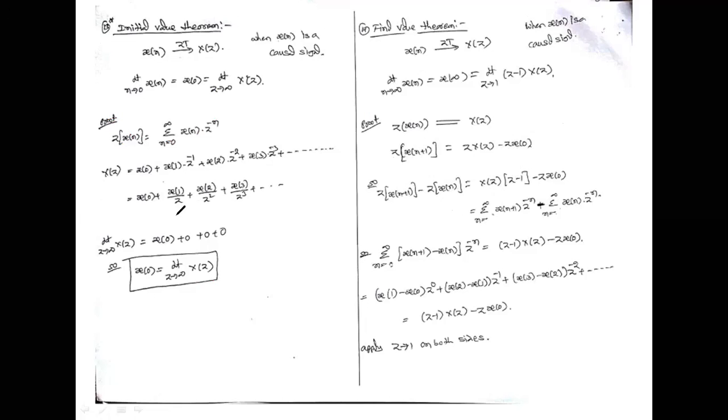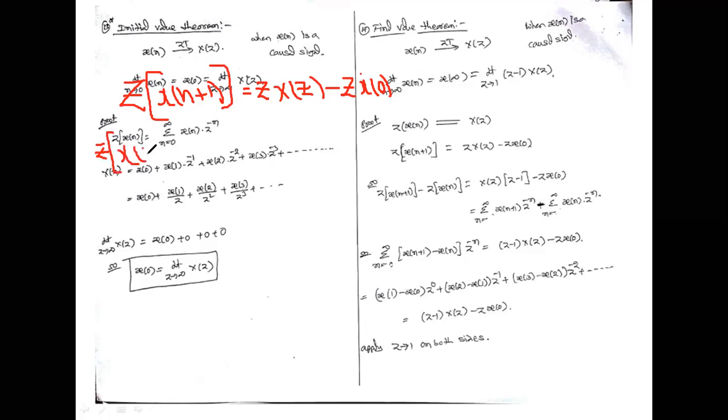We'll explain clearly the z transformation of x(n+1), the one-sided signal with one sample shifted. The formula is z X(z) minus z x(0). So what I am doing here now is the transformation of x(n+1)